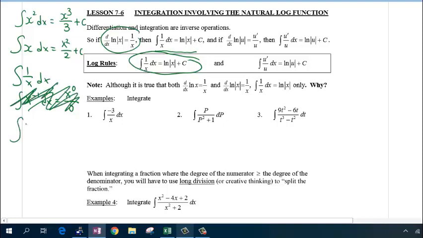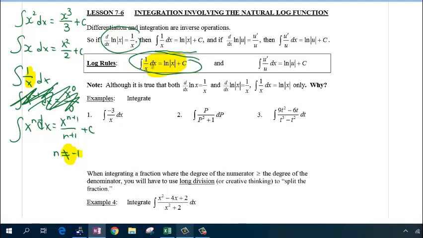And by the way, the power rule was this. But there was a caveat, provided that n was not equal to negative 1. So now you know when the power is negative 1, the antiderivative is just the natural log of the absolute value of x. Okay? You might be thinking, Mr. Lee,